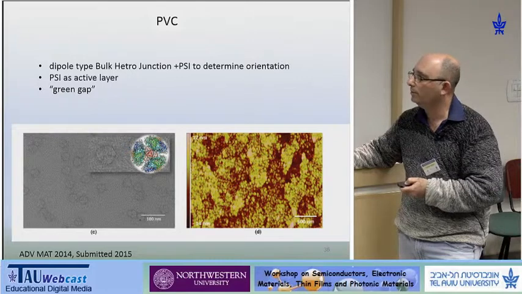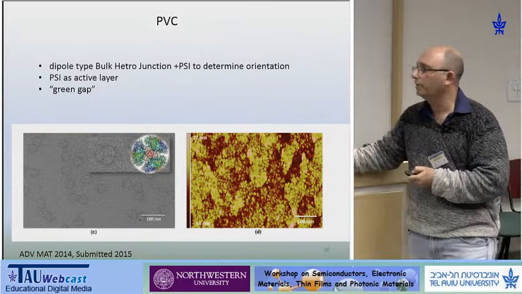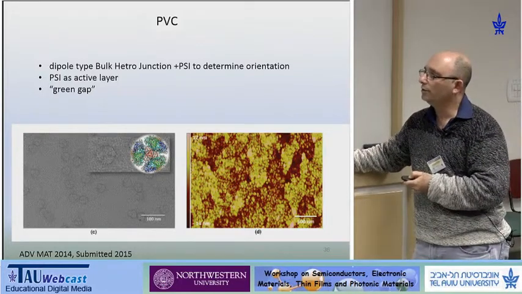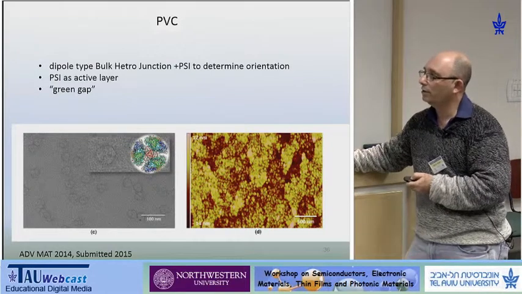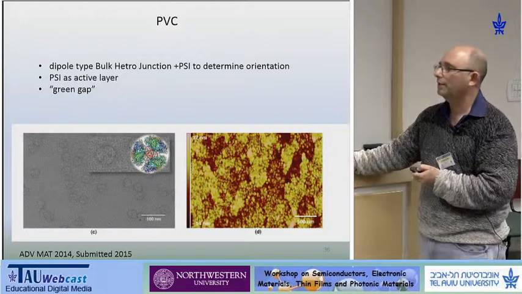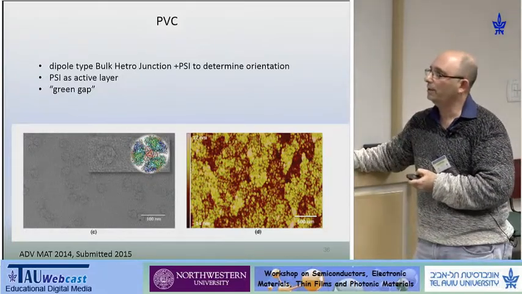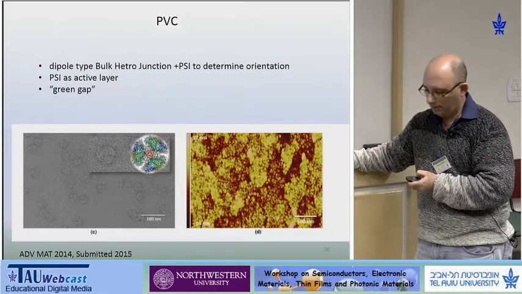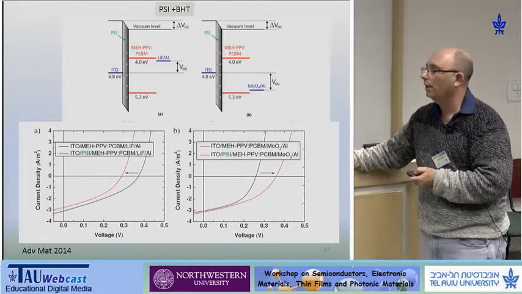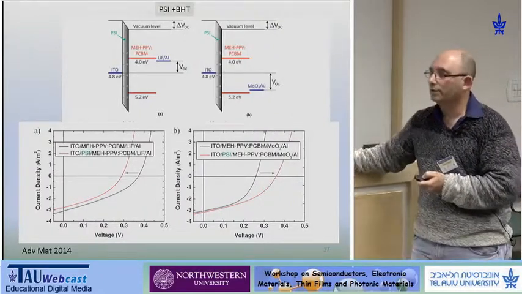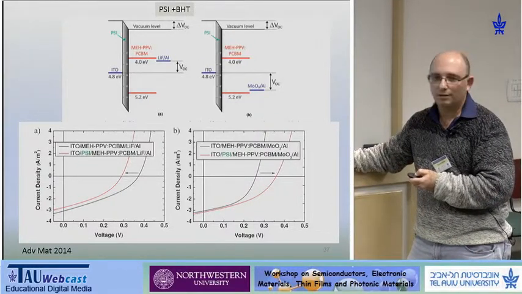These are the TEM images, and the self-assembled monolayer of the trimers. But when you use this, you have to ask yourself, what is the orientation of the photosystem 1? Do the photo-induced dipoles go up or down? For this, we suggested a technique in which we coupled the photosystem 1 into an active solar cell,